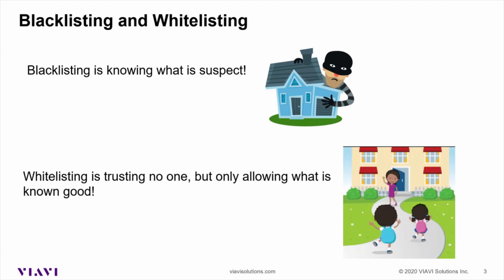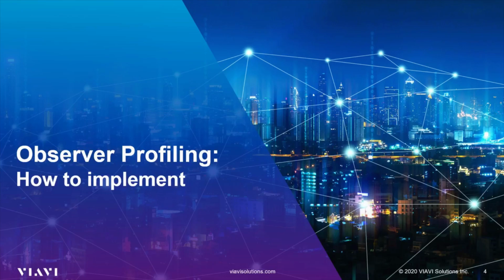While Observer does not block any suspect traffic, it does provide alerting and detail on these events and allows very detailed network profiles to be built to define expected behavior. The Viavi Observer platform was built on three core principles, mainly to help with managing daily network and security operations, mitigating risk from change and unexpected events, and solving performance and security issues. Now let's take a look at how profiling can help you accomplish these three goals.